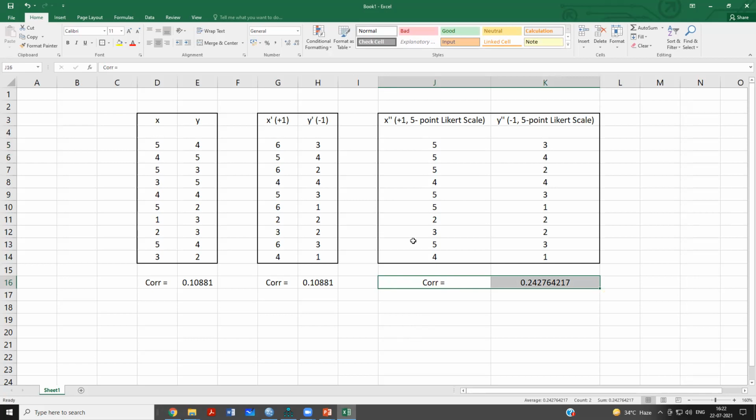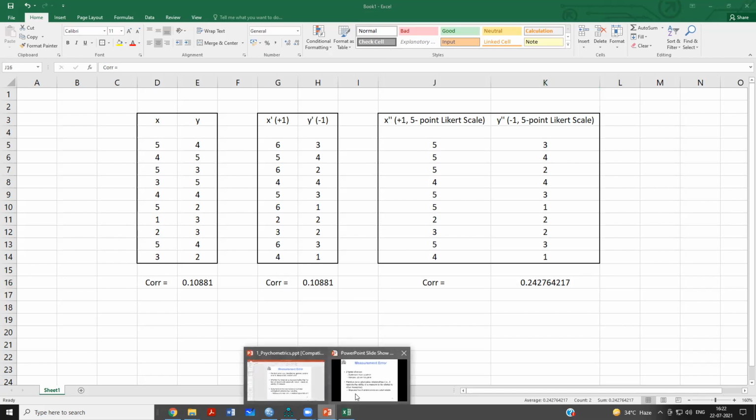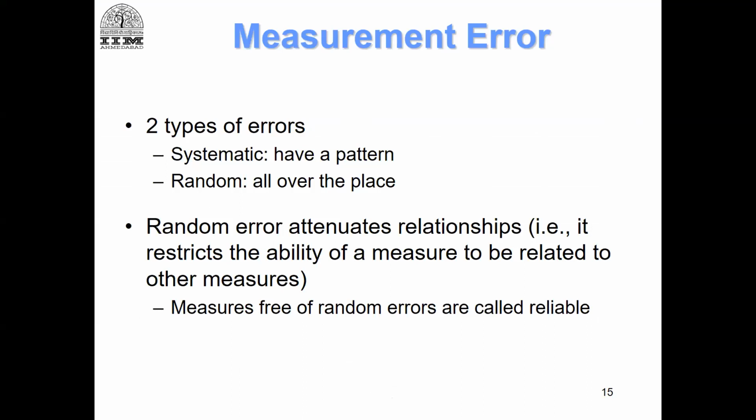So what is the message that we can take away? One, I told you that systematic error may be there, but you may still get the same correlation. Systematic error may be there and you may get an even higher correlation between your items. So what is the message here? The message is that when you are looking at your data sets, you cannot identify systematic errors using statistical techniques, because